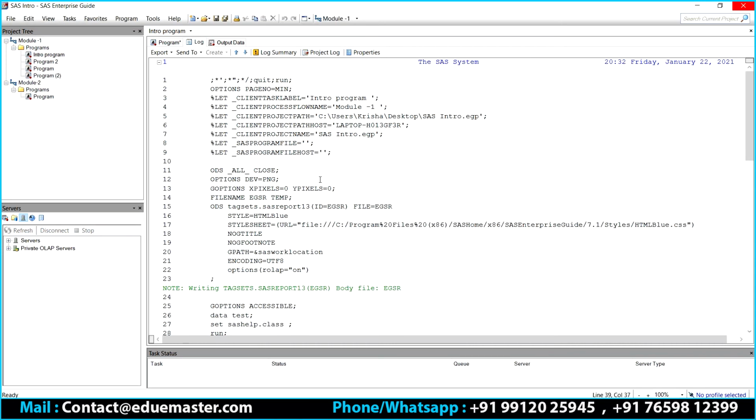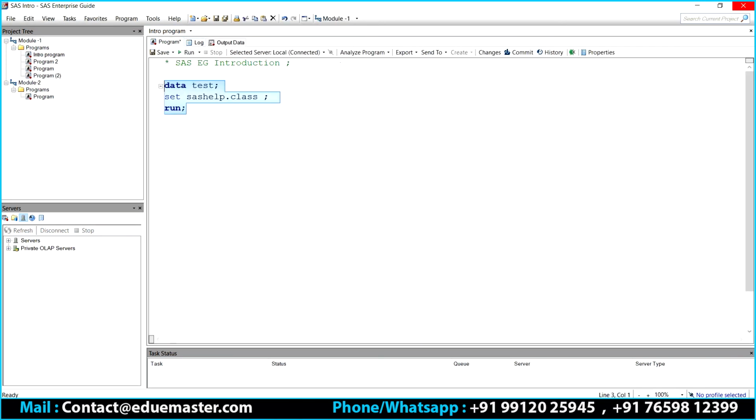Once your log is there, generally in SAS, two types of outputs will be created. Number one, the output in form of a table. Number two, the output in form of a report.